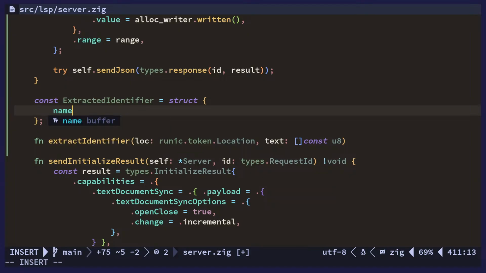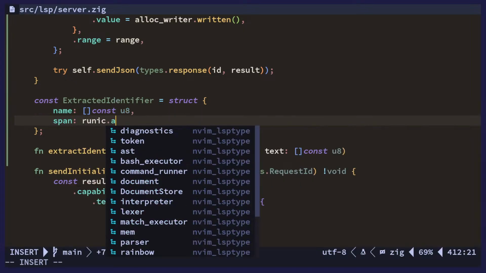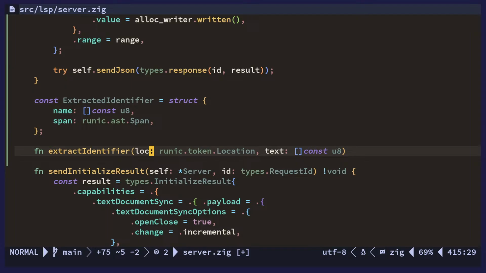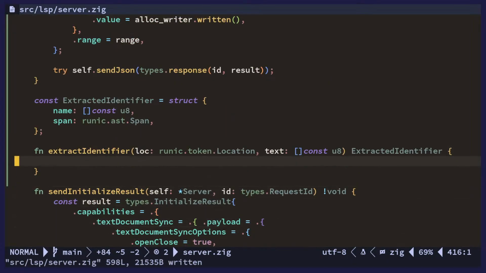Yeah, extracted identifier, I guess we can just call it. Okay, and this should be like name and span. Alright. And this should return an extracted identifier. Oops, daisy. Okay, so basically here what we need to do is first I want to